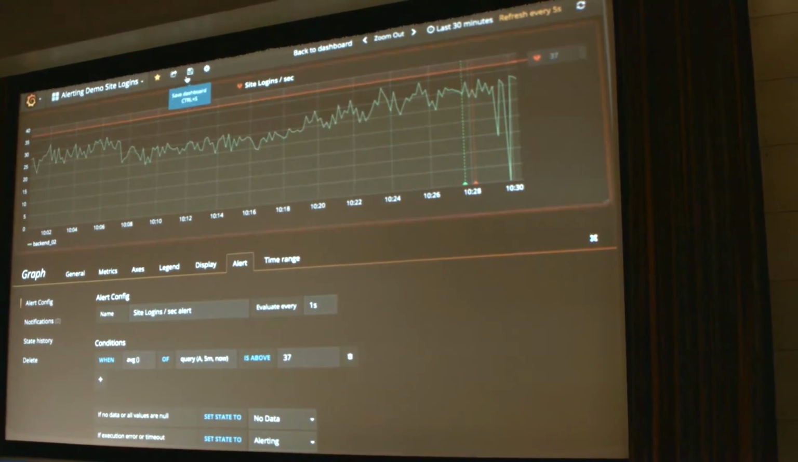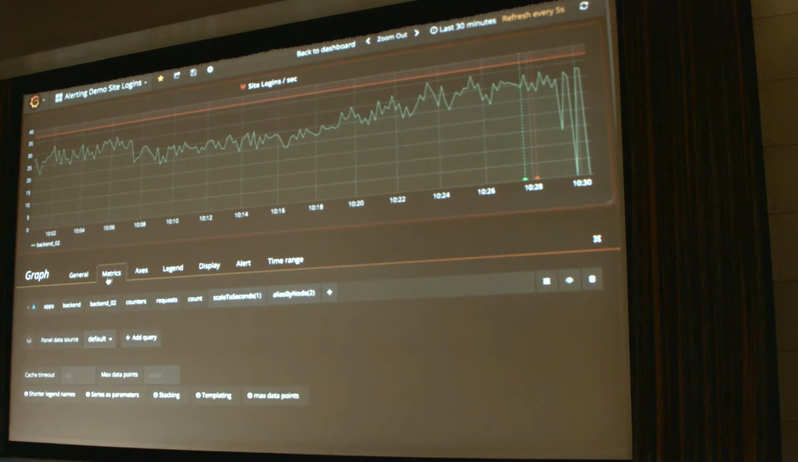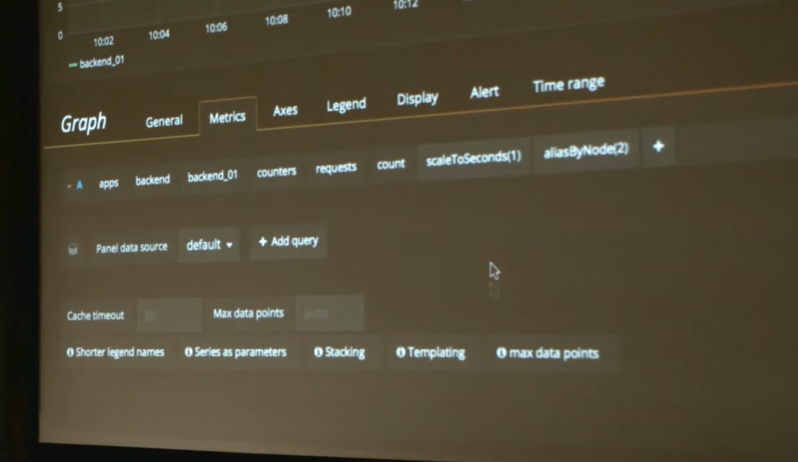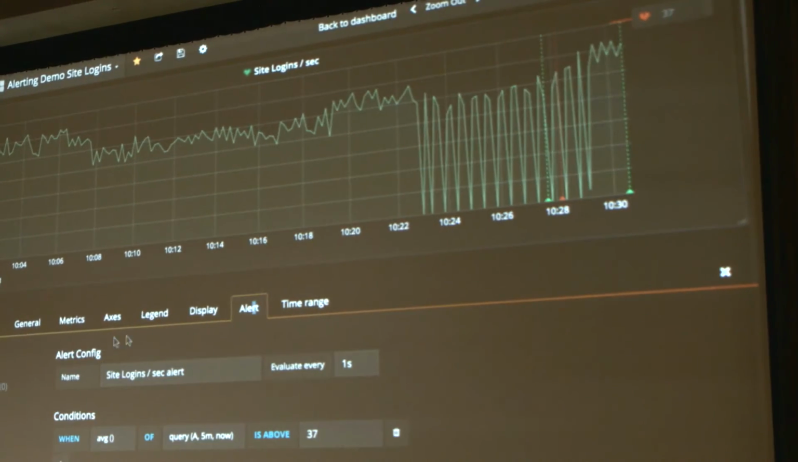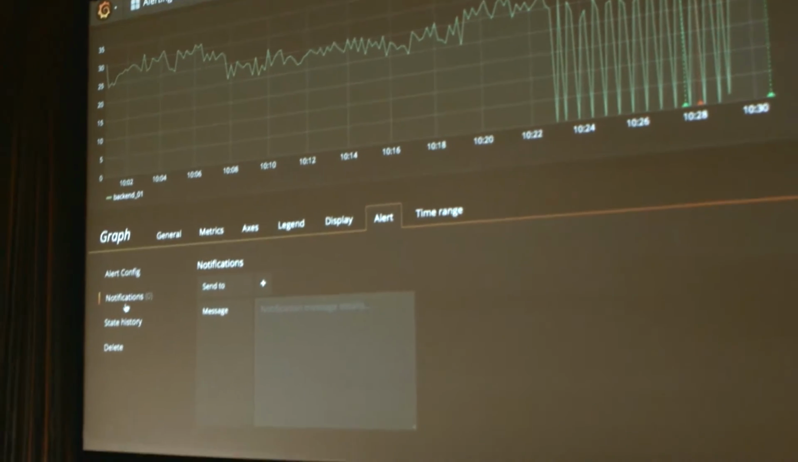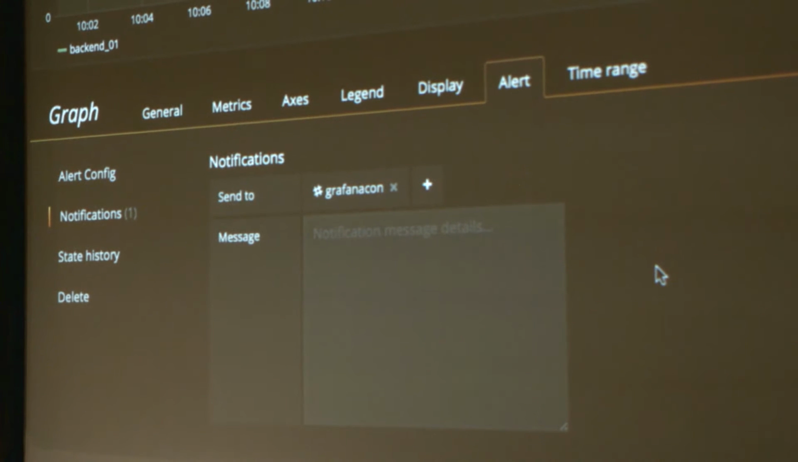In this case, I want to make it green again, so we can have an alerting notification. I'll switch server again because these are fluctuating too much. Okay, let's go to the notification tab. We can here add our GrafanaCon Slack notification. You can type a message,